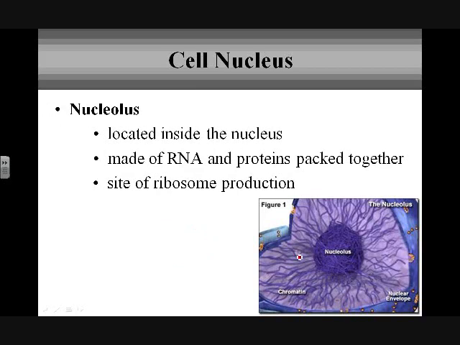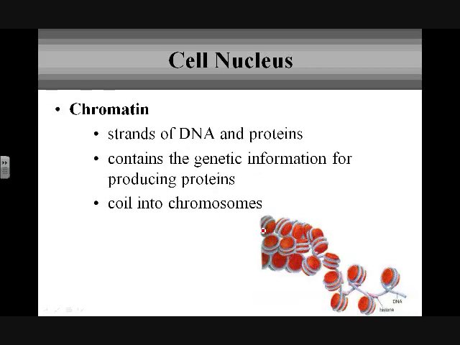The nucleolus is going to be that very dense area within the nucleus, made of RNA and proteins really tightly packed together, and this is where ribosomes are going to be made. So when the nucleolus makes a ribosome, that ribosome needs to be able to leave through a nuclear envelope pore in order to get out into the cytoplasm or out to the rough endoplasmic reticulum where it belongs. In addition, like we said, this is where that chromatin or that DNA is going to be